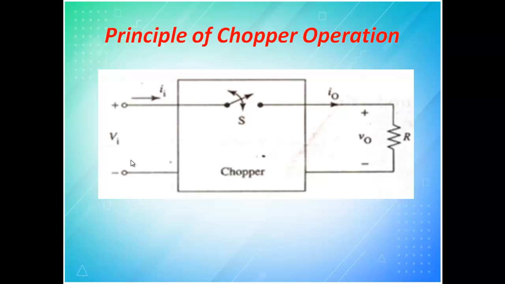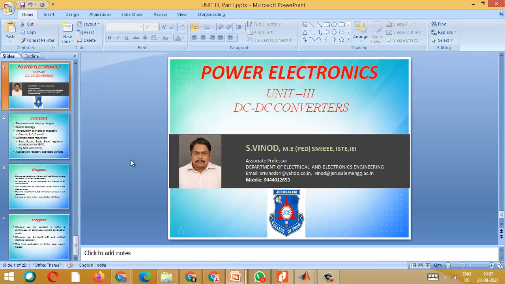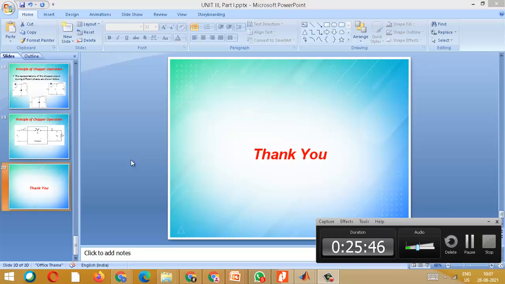So now I have clearly explained that in the chopper the output voltage depends upon the switching frequency and T on and T off, that is, at what frequency you switch and how you turn on and turn off. Both controls are possible, that is PWM control as well as frequency control. But in frequency control there are some issues like harmonic issues, that we will deal with when we see frequency control. So with this we will complete the first section. I think now you are a little bit clear with what is